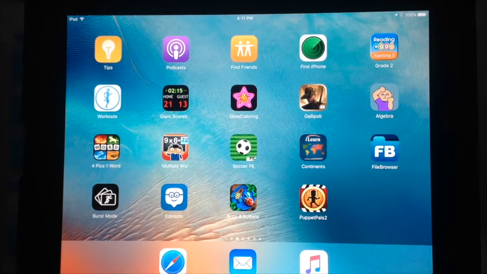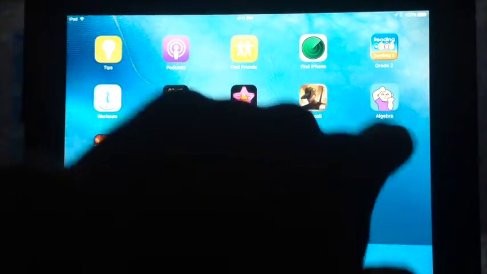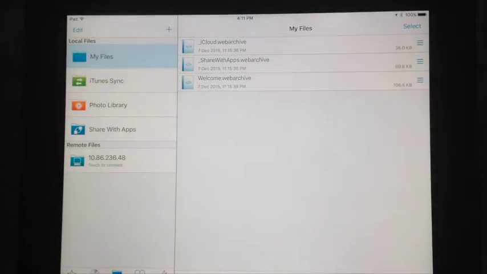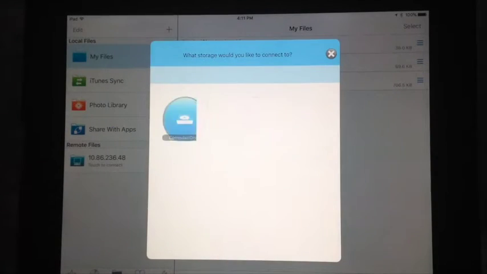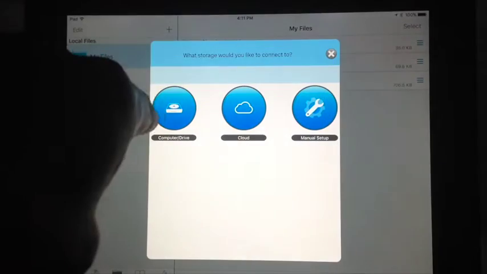So at Port Broughton Area School we use File Browser as an app to transfer student work to and from our iPads and school server. File Browser is fairly easy to set up. Once you're in here, if you tap the Add button, you can select what you want to connect to,